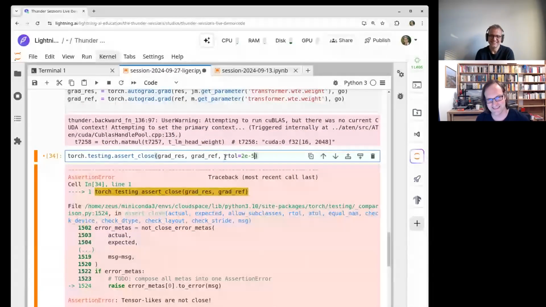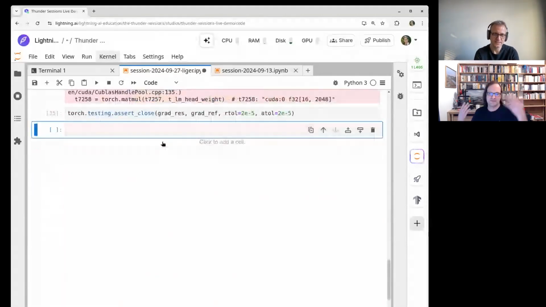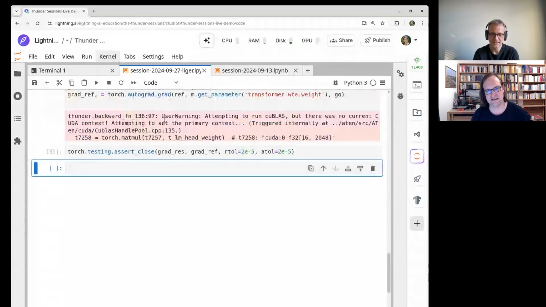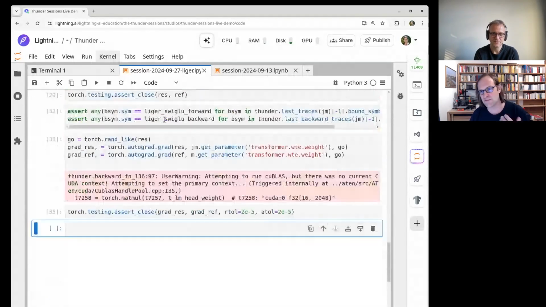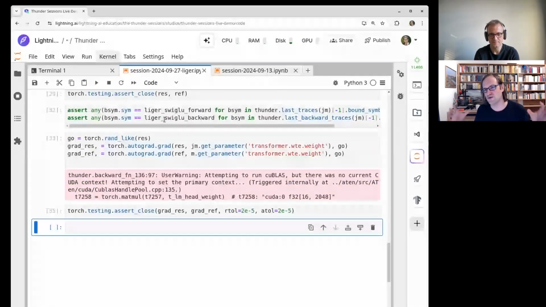But of course, we need to expect that gradients are a bit more sensitive. Usually you would do gradient tests with 64-bit floats. And remember, this is not a single operation, but we did this through the entire Llama 1 billion.